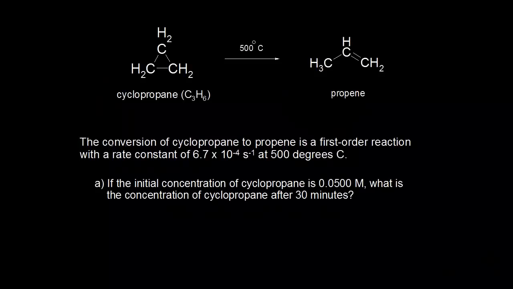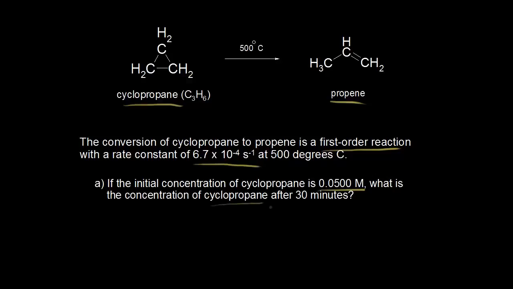We've already looked at the conversion of cyclopropane to propene and shown that it's a first order reaction. And we also found the rate constant at 500 degrees Celsius in an earlier video. And so the rate constant is 6.7 times 10 to the negative 4, 1 over seconds. And so in part A, if the initial concentration of cyclopropane is 0.05 molar, what is the concentration of cyclopropane